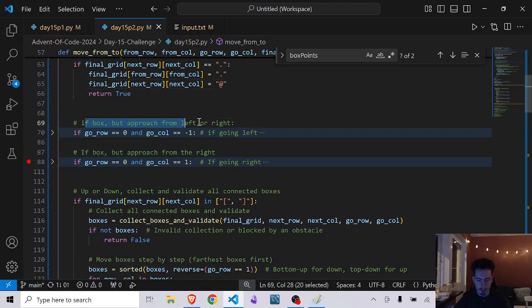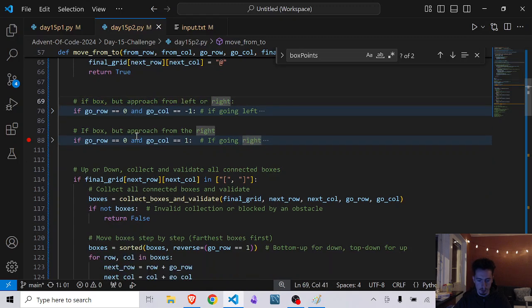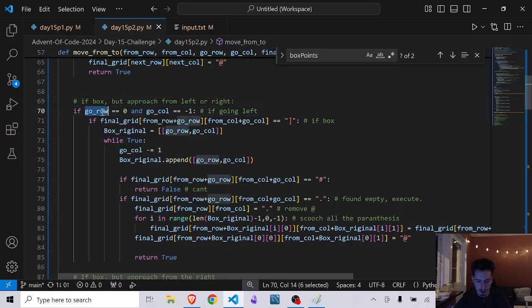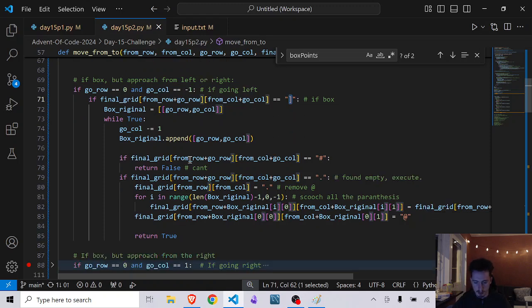So if there's a box, then we have to know where we're approaching it from and what to do with it. So if we're going from the left, I check, okay, the go row should be 0, and the go column should be -1. That's how we know that we're going left. And then if we're going to the left, the box should look like this always, because from the left side, if we look to the left, that's the box closing from that side. So if we find this symbol,